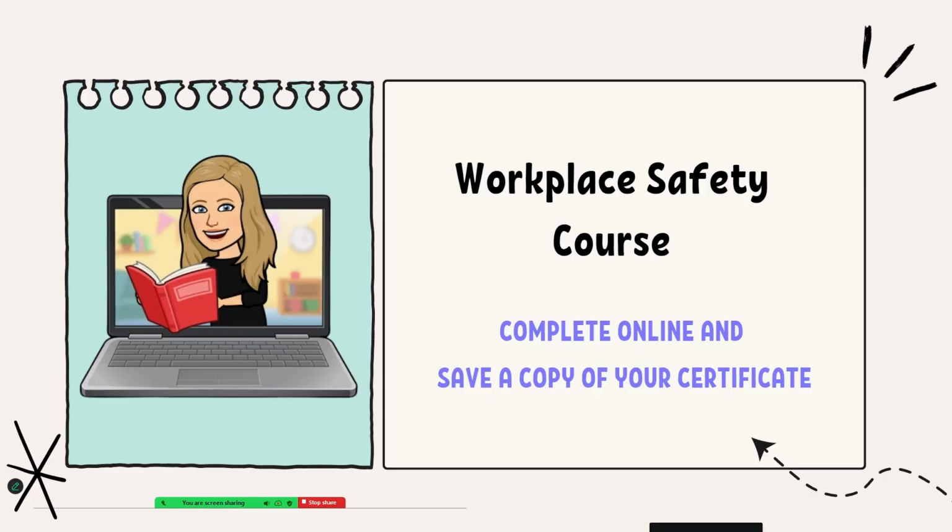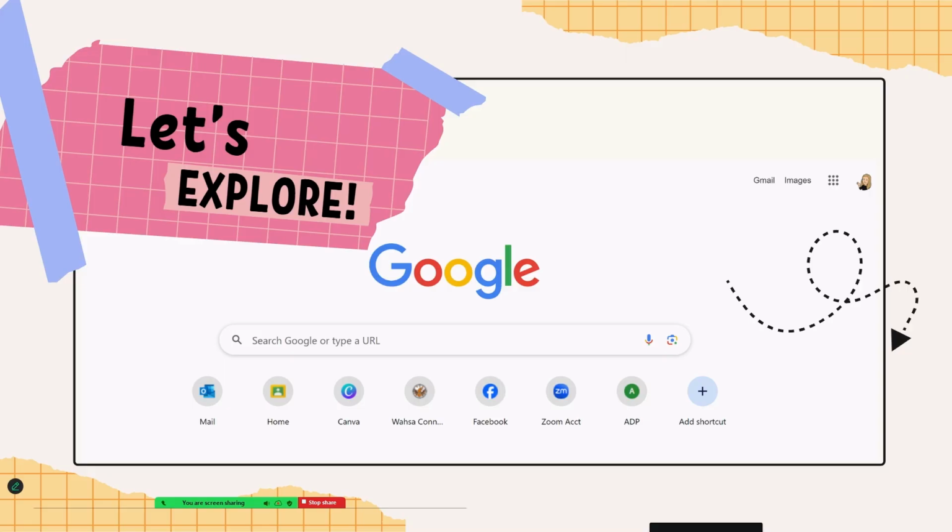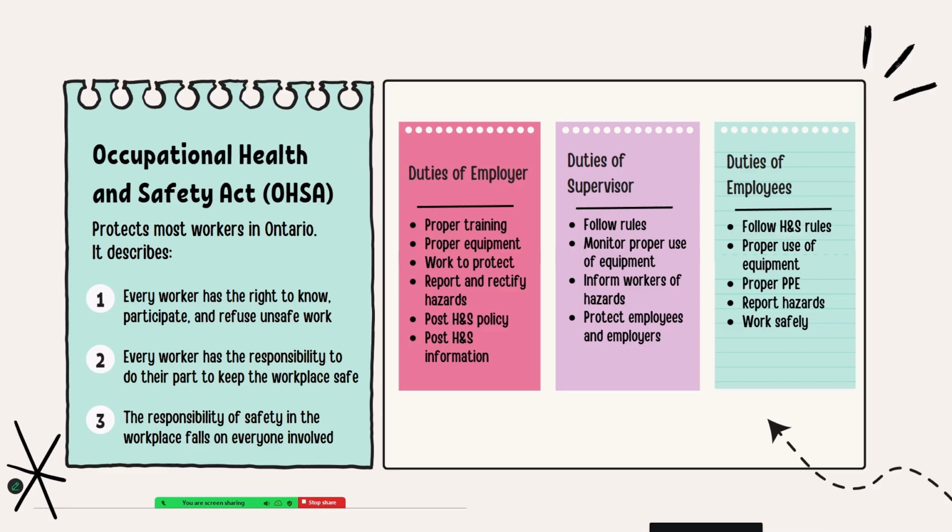And that's when you are brought in the section of your independent learning booklet to the workplace safety course. You are to go through that Work Safe awareness 4 steps and make sure that you copy your certificate or print your certificate. Upload it to our Google Classroom and make sure that you are saving it for your digital portfolio. That is the culminating activity at the end.